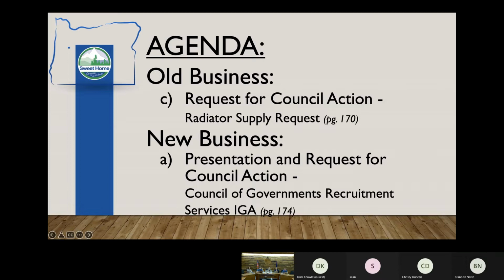One thing I would like to start with is clearing up a few things that maybe we did a poor job communicating the first time that we came in here. This is maybe a little technical. First thing I want to make sure is clear, this is not a request from Radiator Supply House. It's the Sweet Home Icebox Cook-Off. So it's not a business that's requesting the money. I know that a transaction of funds being transferred to a business may not look so well, and so I feel like that being cleared up matters.